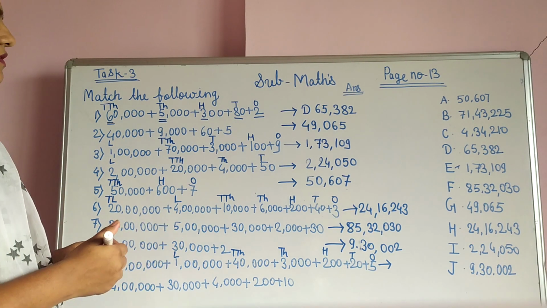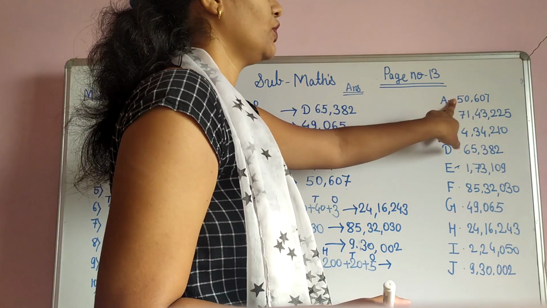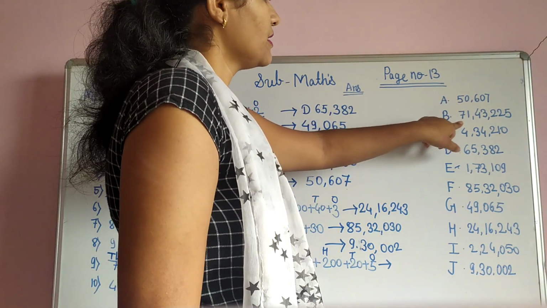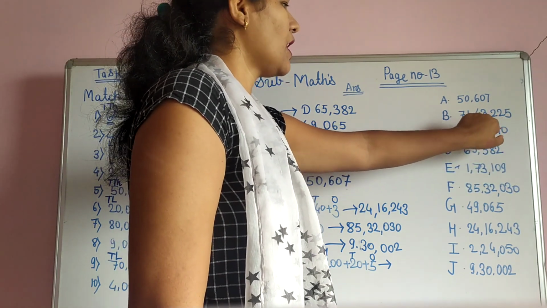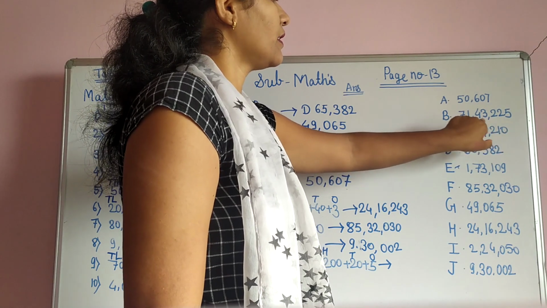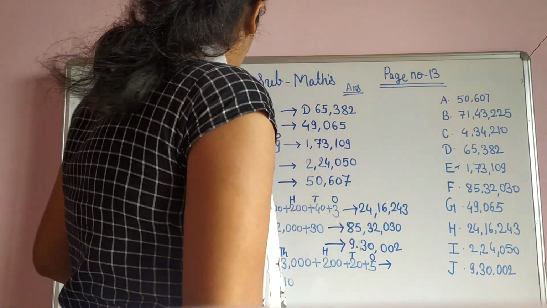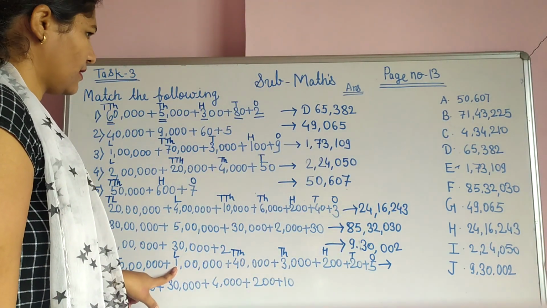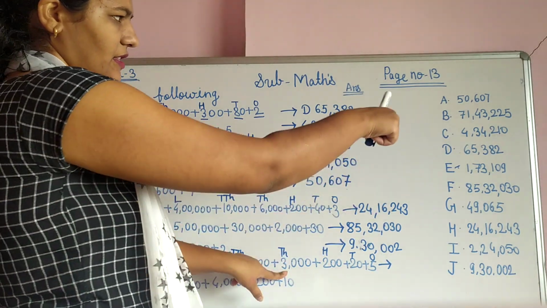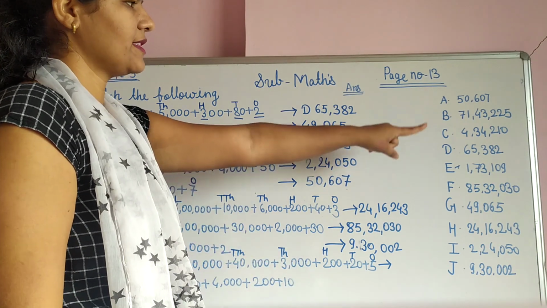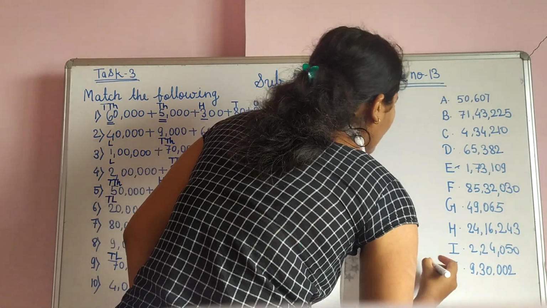So we will check this. 7 we want on the 10 lakh place. So here it is. Yes, here it is, on the 10 lakh place. We will check: ones place, tens place, hundreds place, thousands place, ten thousands place, lakh place, and this is the 10 lakh place. Then the lakh place, 1 is there. Then in the ten thousands place, 4 is there. Then 3 is there. Then 2 is there, 2 is there, and the last one is 5. So that is our answer: 71 lakh